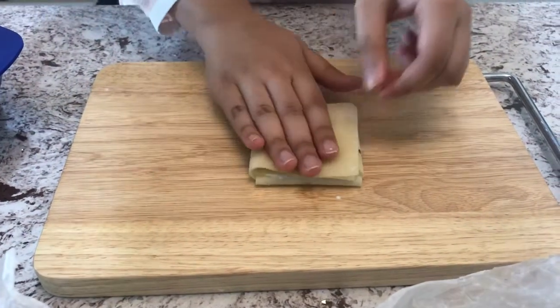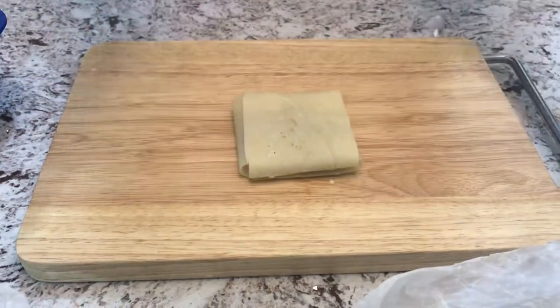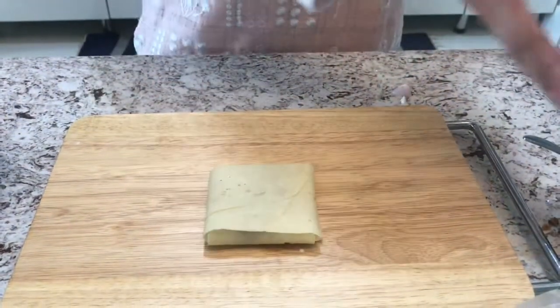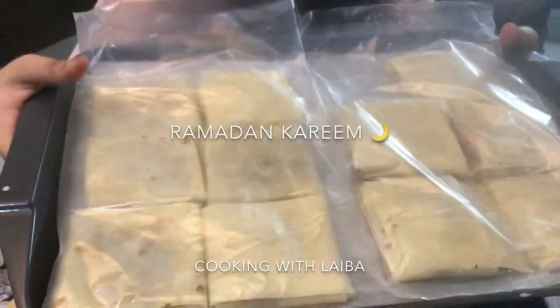I'm gonna do this with the rest of my filling, and you can see this nice beautiful shape, and because of the flour mixture, it is also stuck together properly. I'm gonna do this with the rest of my filling, and I'll see you when these are all filled. These are how much I've done so far, and I'm going to continue